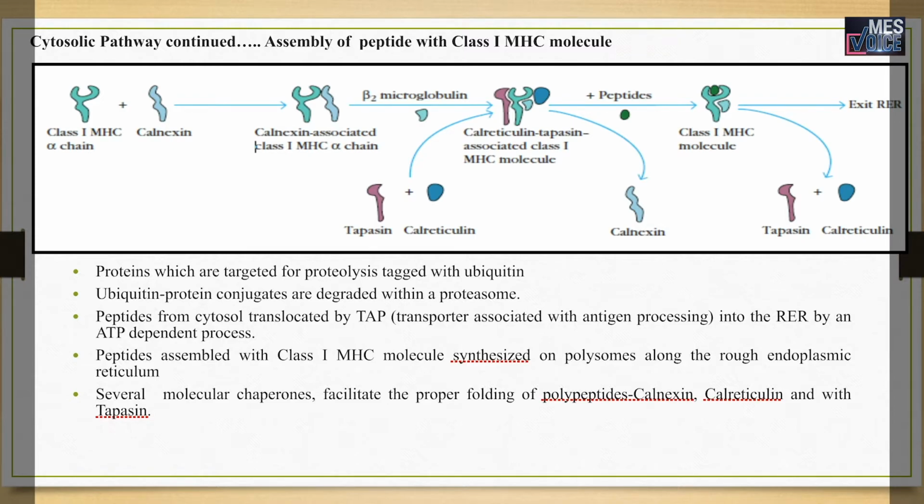The molecular chaperone calnexin will bind with the class 1 MHC molecule's alpha chain, and thus help the proper folding of the alpha chain, and next beta 2 microglobulin will come and bind to the alpha chain. As this happens, calnexin is released, and now the other remaining two molecular chaperones, tapasin and calreticulin,